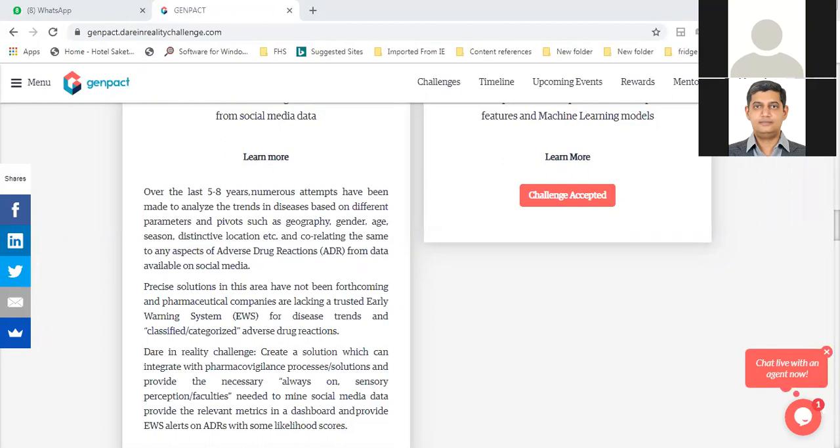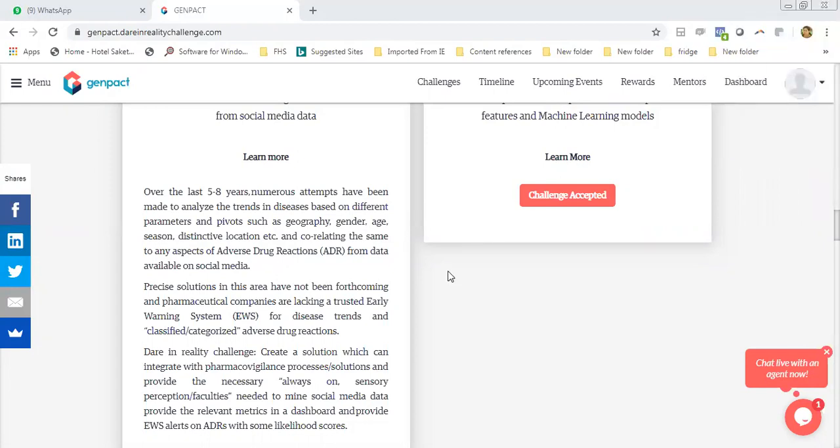I think the piece which we have not resolved is these drug reactions being reported on different avenues of social media. Today, it could be a post on Twitter, it could be a post against the advertisement of that particular product in a YouTube video, and so on and so forth. So there are multiple avenues where some of these details about adverse drug reactions could be posted.